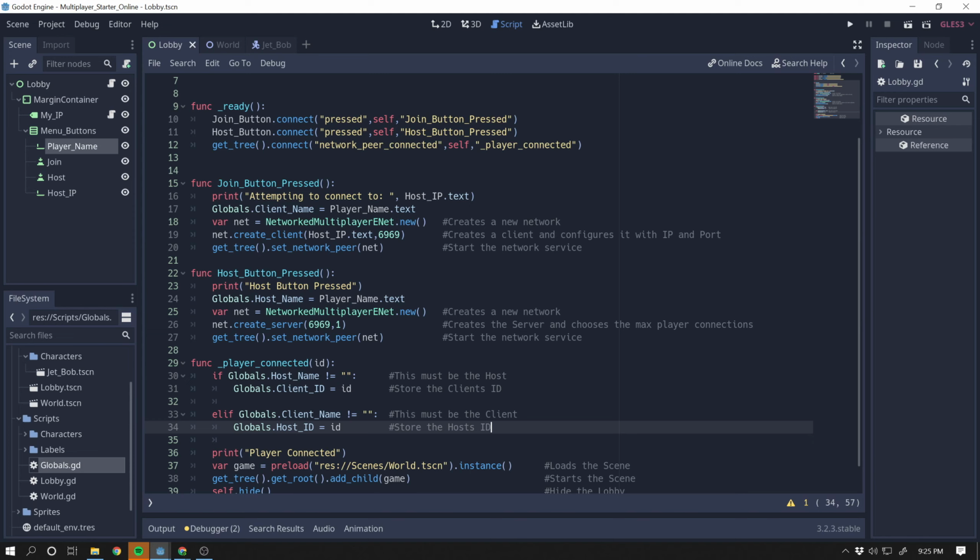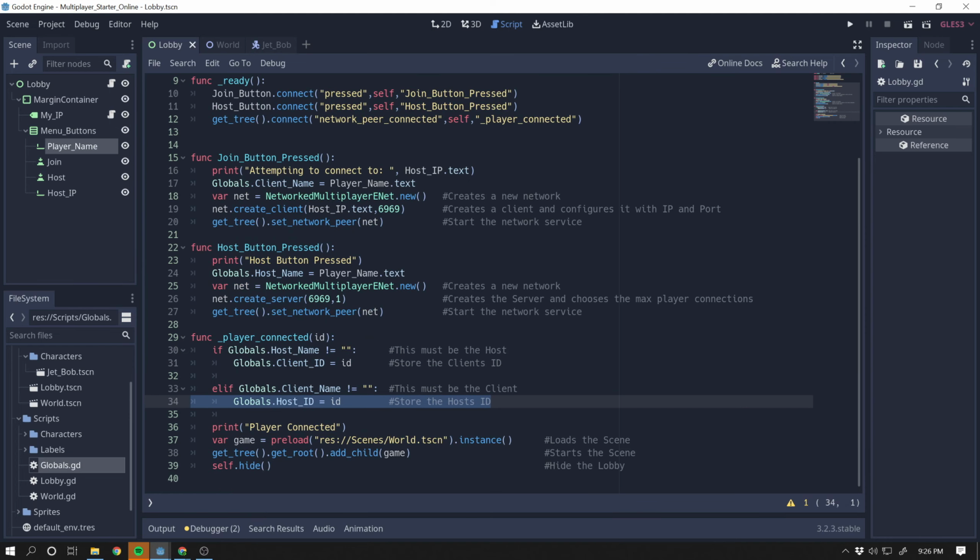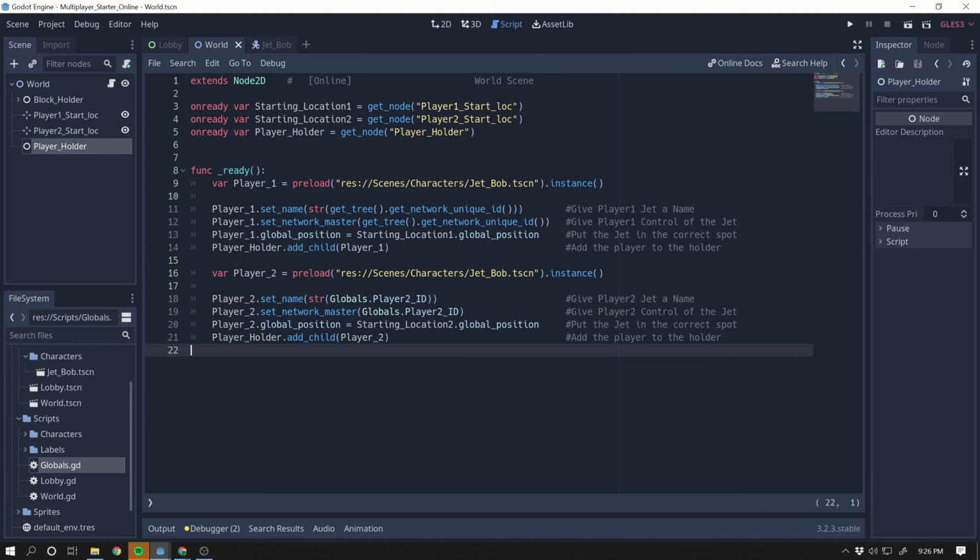All right, so only one of these two things happens here. So either the person is the host and the person who connected to them must be the client, or the person who connected is the client and the person they just connected to is the host. All right, so now we've got the correct IDs in the correct spot, and they both have names that whatever the people gave. All right, so let's go to our world scene, and we need to fix this code a little bit,